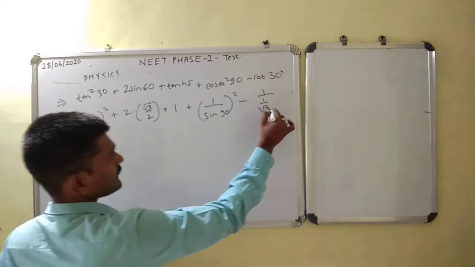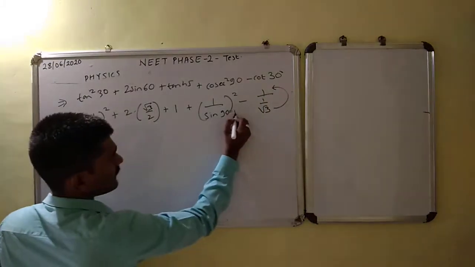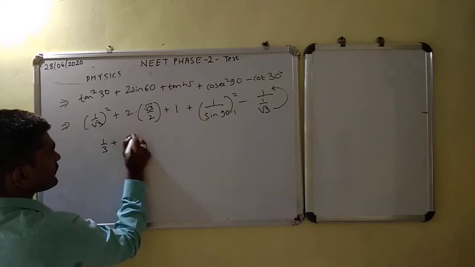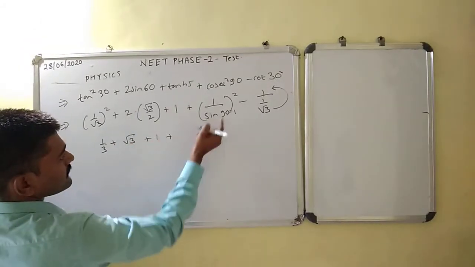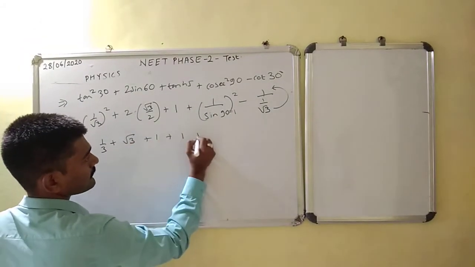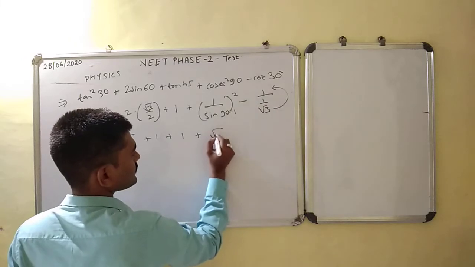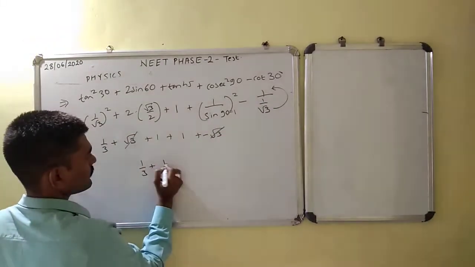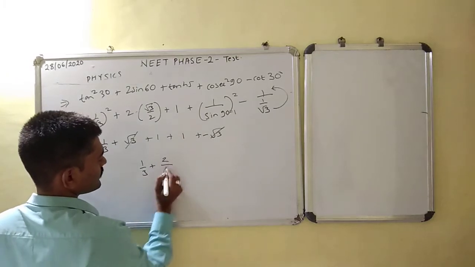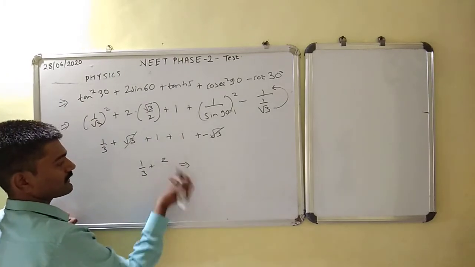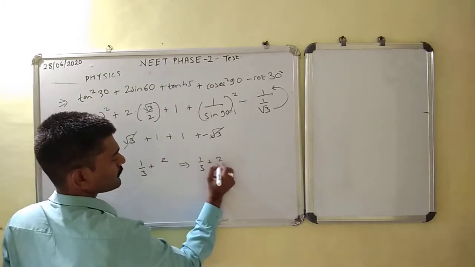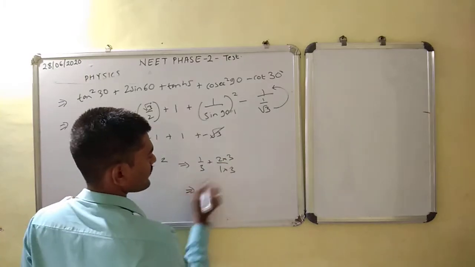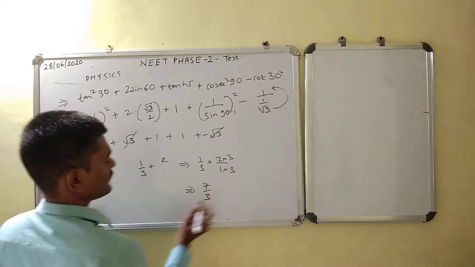So this goes to numerator. Sin 90 its value is 1. So 1 square will be equals to 1. 1 upon 3 plus 2 and 2 get cancelled. That will equal root 3 plus 1. Sin 90 is again 1. That is 1 plus minus root 3 upon minus root 3. So root 3 get cancelled. So 1 upon 3 plus 1 plus 1 plus 1, that is 2. Let us match the denominator. 1 upon 3 plus 2 into 3 into 3, to the 6 plus 1, 7 upon 3 is the answer.